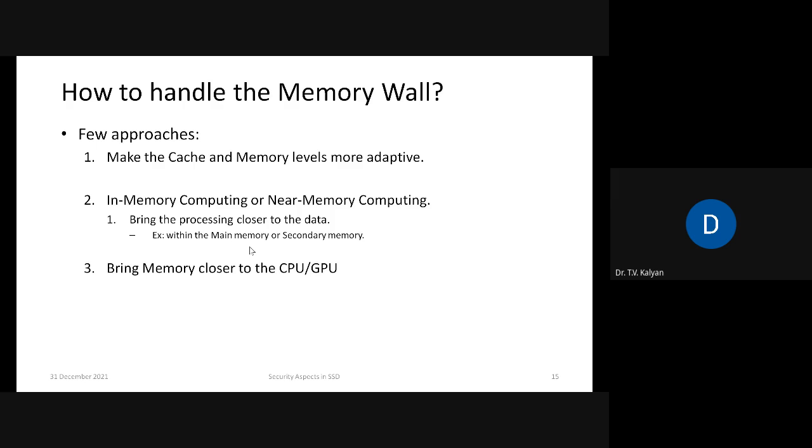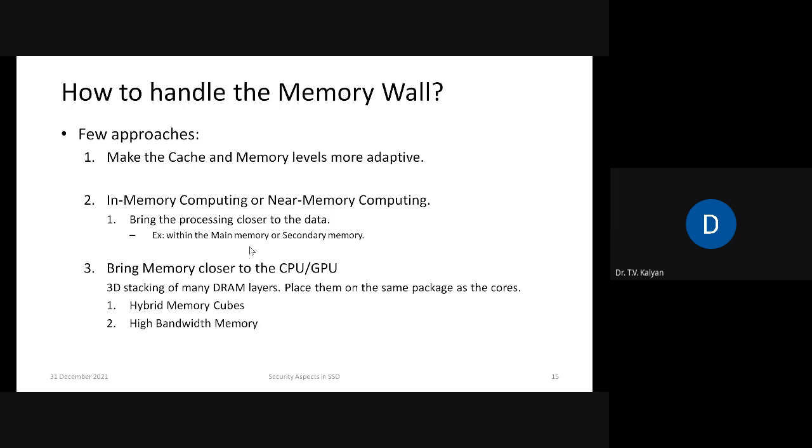The third option was to bring the memory closer to the processing unit. So there we had 3D stacking of many DRAM layers. This was explored by two major products: one was Hybrid Memory Cubes and the other was High Bandwidth Memories. Because of 3D stacking, the DRAM layers were not only close, they were also one on top of another, leading to more power